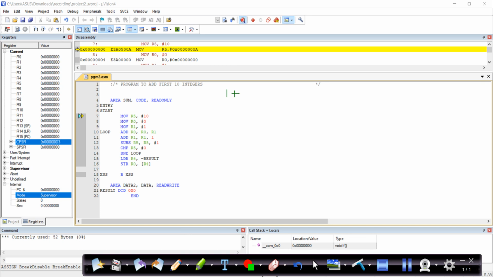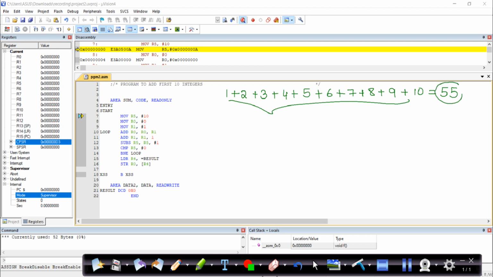So 1 plus 2 plus 3 plus 4 plus 5 plus 6 plus 7 plus 8 plus 9 plus 10 gives you the value of 55. So if you sum all these numbers, 55 is your addition value. Your final answer which you must get is 55.